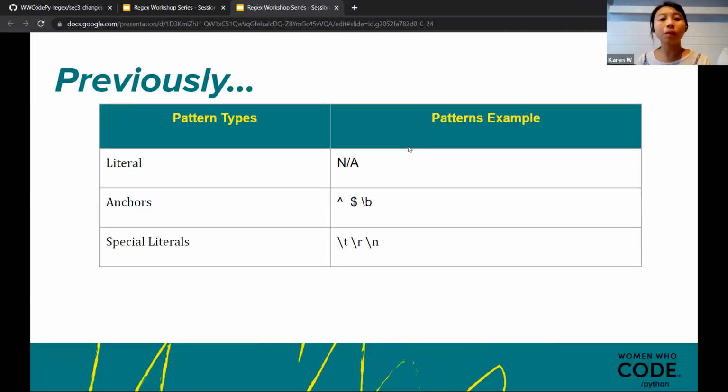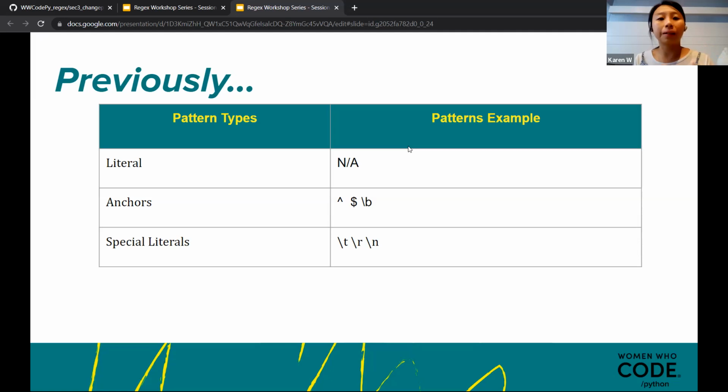Previously we went through a huge portion of Metacharacters. What is a Metacharacter? It's basically a symbol, for example an exclamation mark, that represents a command.